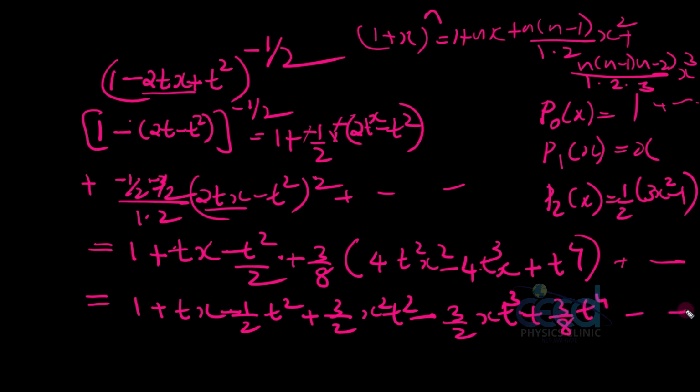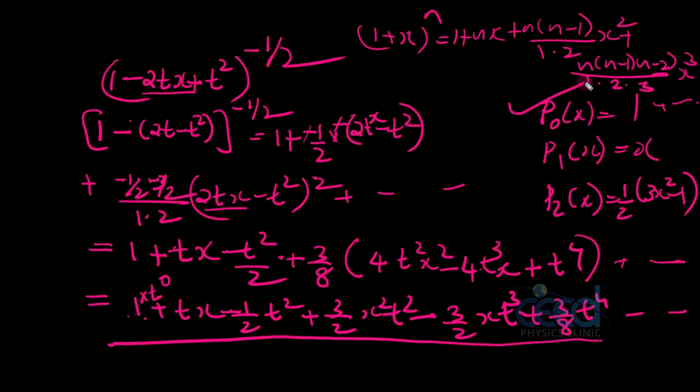Okay, now as per this theory, the coefficient of t raised to 0 is p0. Here, can you say what is the coefficient of t raised to 0 in this? Look at this expansion. What is the coefficient of t raised to 0? Only the term which does not have t, that is this first term. So I can write this as 1 into t raised to 0. So what is the coefficient of t raised to 0? That is 1. So p0 of x is equal to 1. So the coefficient of t0, that I am getting as p0.